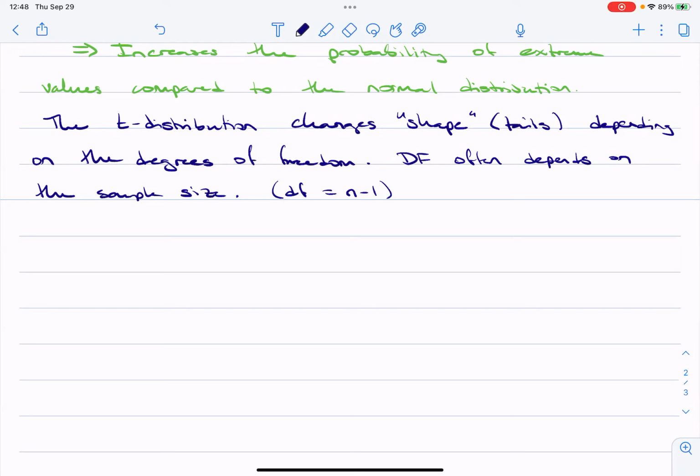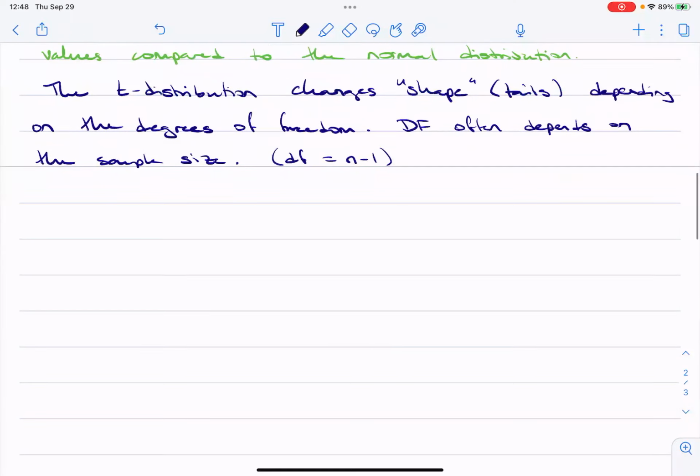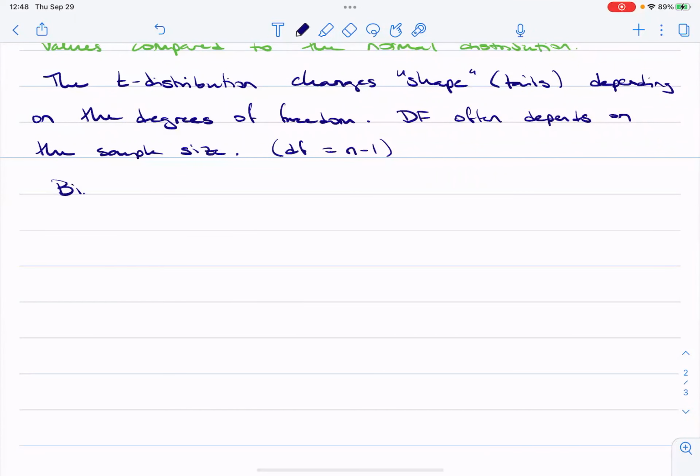All right, until then, what's another distribution that we've seen before? We talked about the binomial distribution. Binomial distribution is for 0, 1, or binary outcomes, right? And so that's our next one here. It looks cramped because I've got a page break here. Binomial distribution.